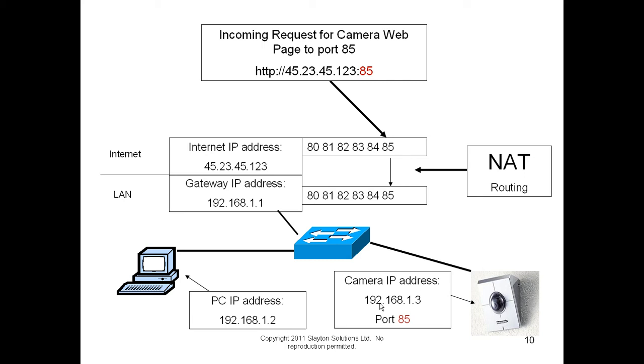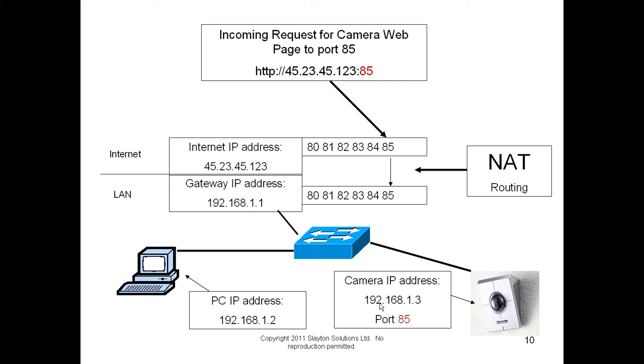Above that, on the left-hand side, you see a line. That line represents the interface between the local network and the internet. What sits between the local network and the internet? The router does. The router has two IP addresses, and then the router has the port forwarding in it that